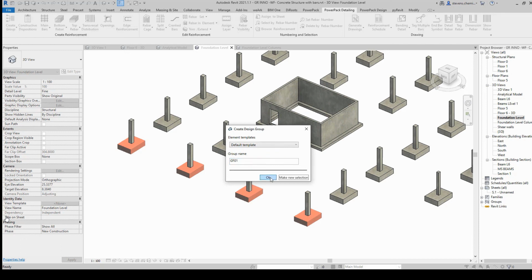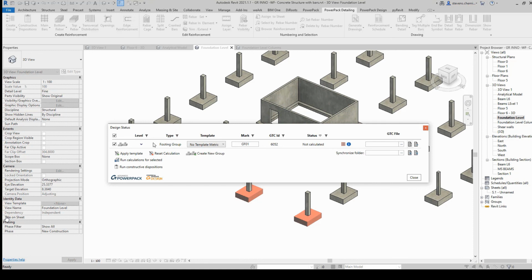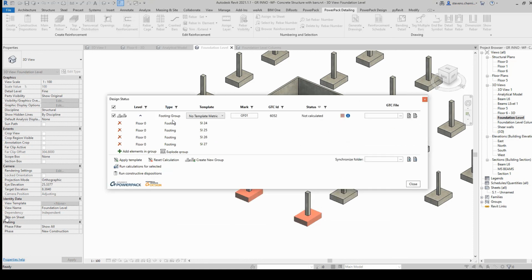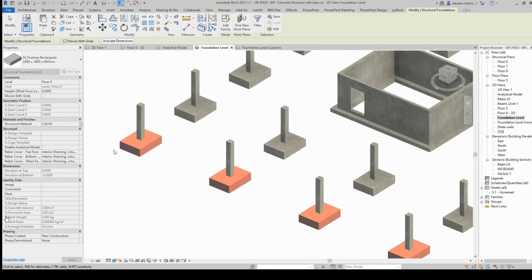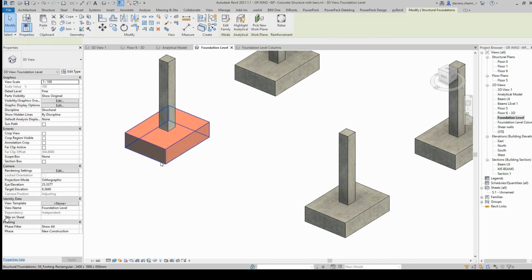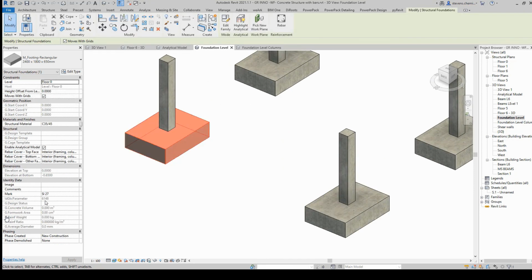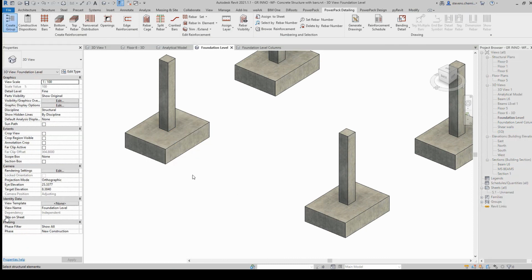So here, group of footing number 1. We have a design status dialog box where we have a view on how many objects are part of these groups. So in this case, 4 isolated footings, and we had, as you saw, the preview of the mark number here. And we have some shared parameters, Graitec shared parameters, added in my Revit model.